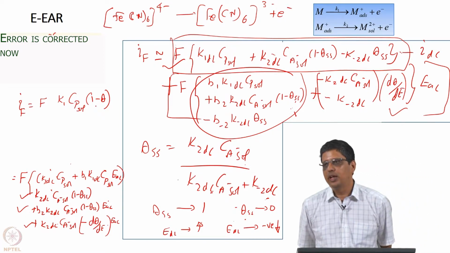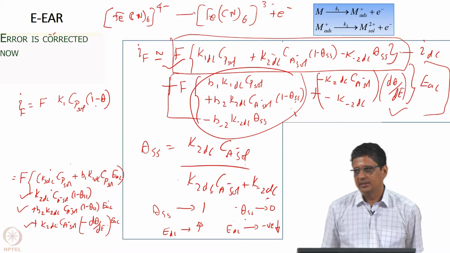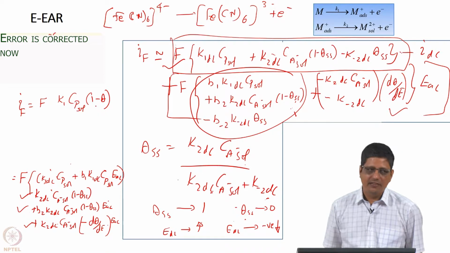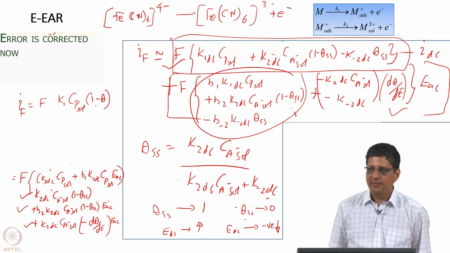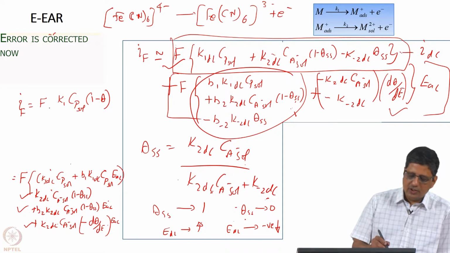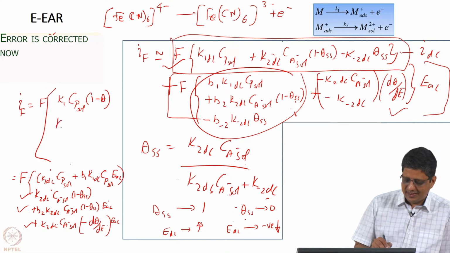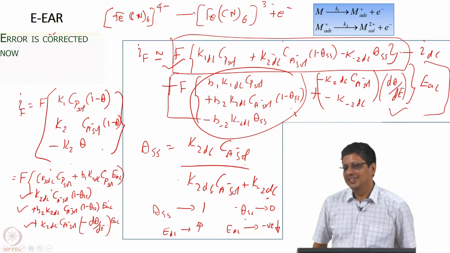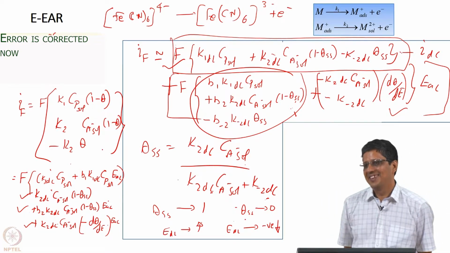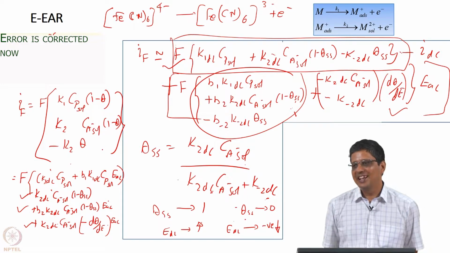The first reaction can happen only on the bare metal surface. Is that correct? Therefore, if the entire surface is covered by A adsorbed, you will not get any significant amount of reaction in the first step. So, the current is actually going to be given by the DC expression, correct? So, please do not blindly copy what I write here.